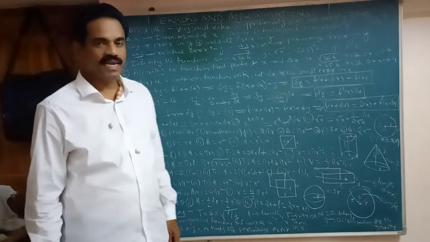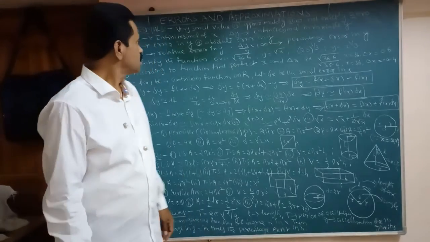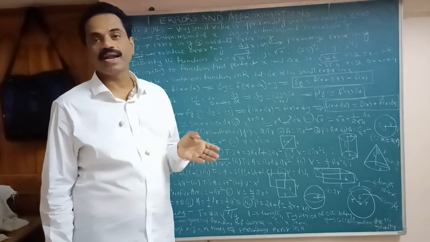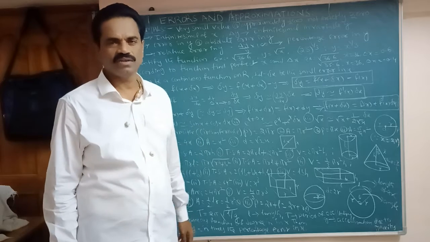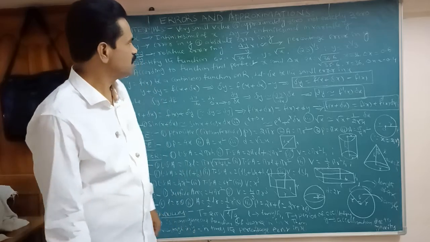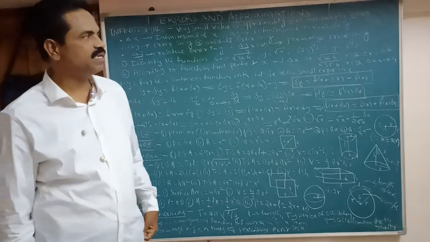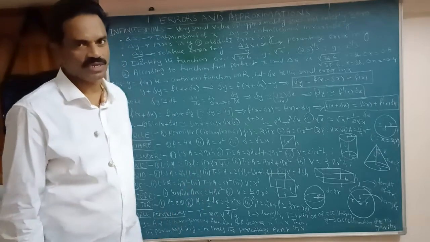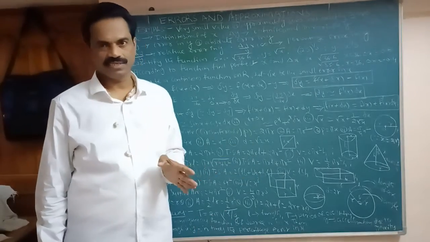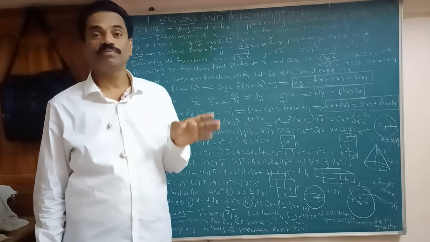First we will discuss infinitesimals. Infinitesimal of x is delta x, which means a small change. It is very small. It tends to 0 but is not 0. So an infinitesimal is a very small value, approximately 0 but not exactly 0. Delta x is the infinitesimal of the variable x.